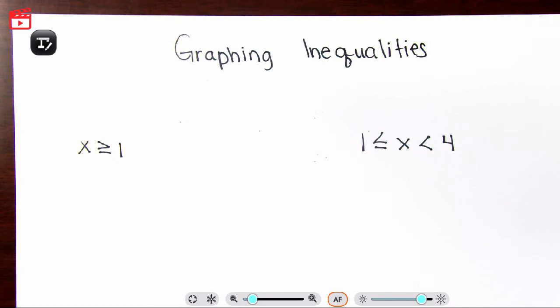In today's video, I'm going to be talking about graphing inequalities. This will include just simple inequalities and also compound inequalities. This is going to be a very short video, but I do want to show you how to graph these